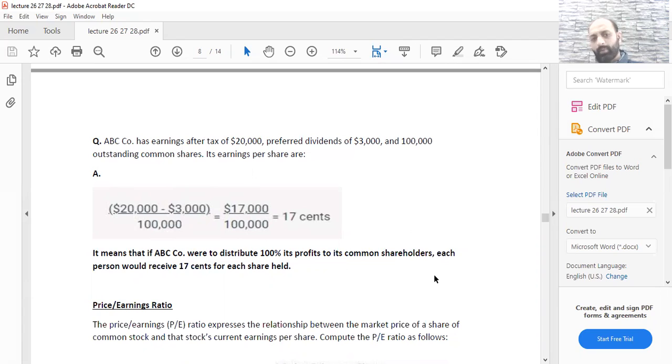Now what does this 17 cents represent? इसका मतलब ये है कि if ABC were to distribute 100% of its profit to the common shareholders, each person would receive 17 cents for each share held। So जो if you hold one share, तो हर share पे you will get 17 cents।